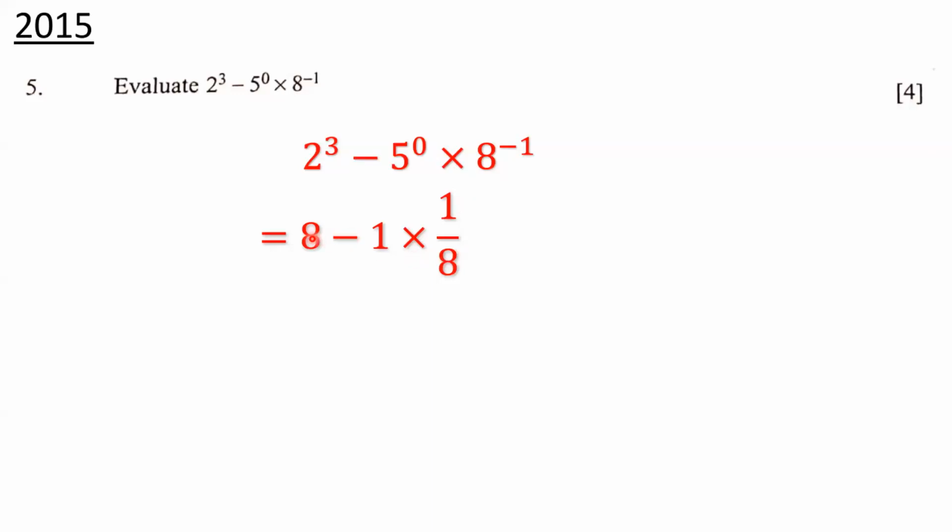So now we have 8 minus 1 times 1 over 8. We multiply. Always we multiply before we subtract. 1 times 1 over 8 is just 1 over 8. And so we have 8 minus 1 over 8. We can put this in our calculator, and our answer is 7 and 7 over 8. Moving right along,